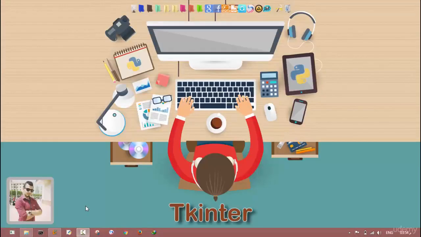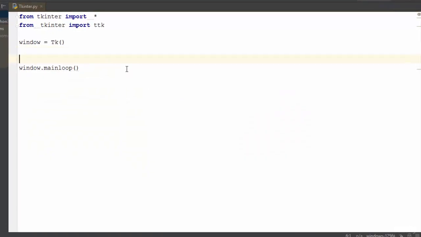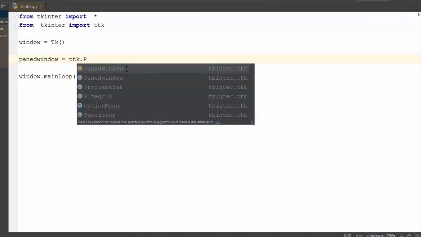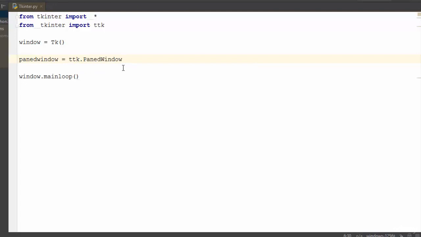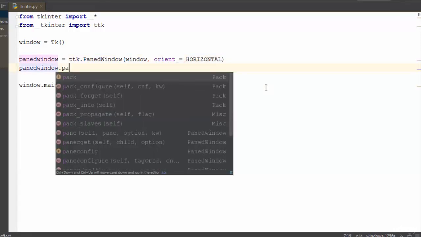Welcome. In this lesson, I'll show you how to create a paned window. First, I create a paned window. Look, paned window equals ttk.PanedWindow, with capital P and capital W, and import window, and give it orient. For orient, give it horizontal or vertical. I use horizontal, and give it back,